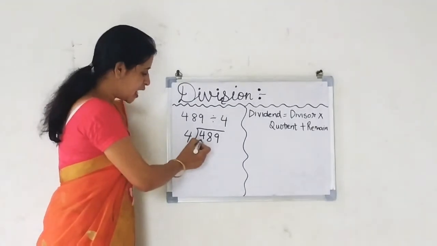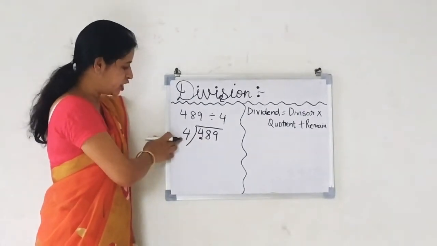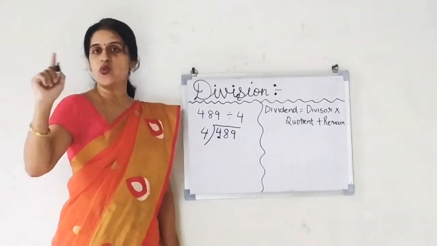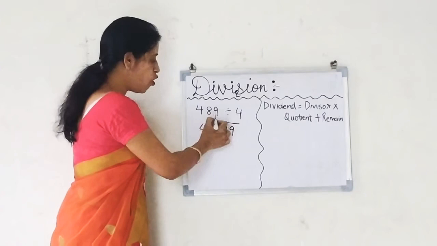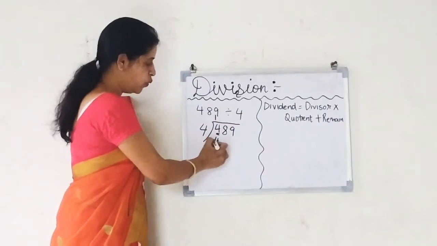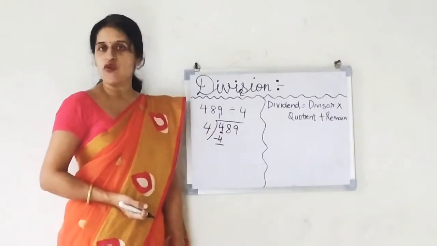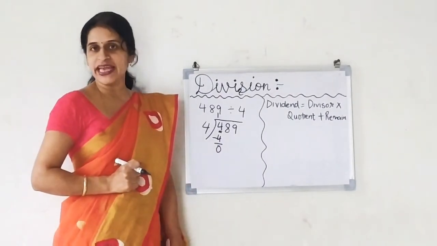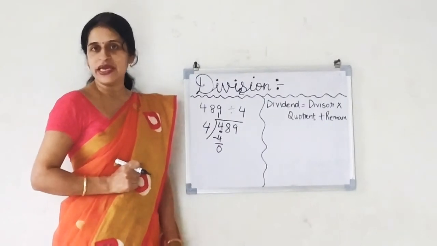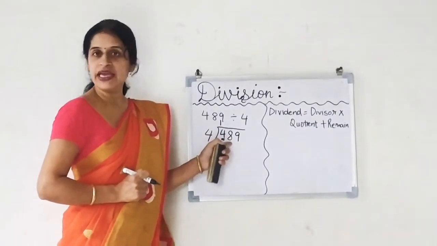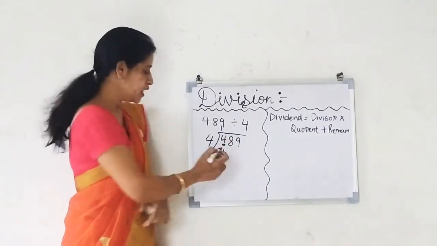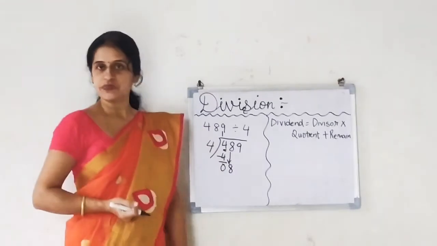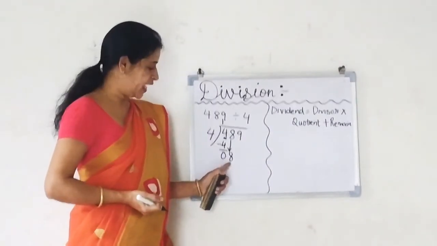So let's see this number 4. As this is a one digit number, let us start the division with 1. So 4 into 1 is 4. So 4 ones are 4. We can easily divide it. 4 minus 4 is what? 0. Now what will be our next step? Our next step will be, see the next number 8. Now what we do is, we bring this 8 down. Got it? We brought this 8 down.